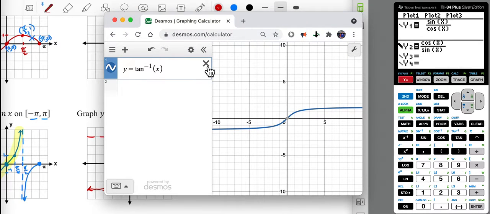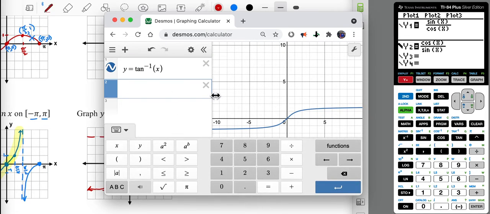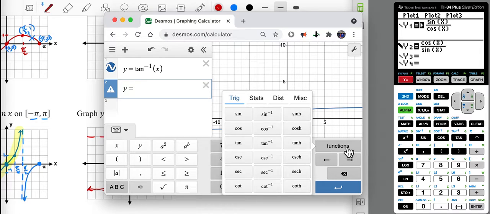Now just so, one, I could show you how it's done, and two, it actually looks nice, I'll bring it up in Desmos. So inverse tangent. Now let's get inverse cotangent. One of the many things I like about Desmos,